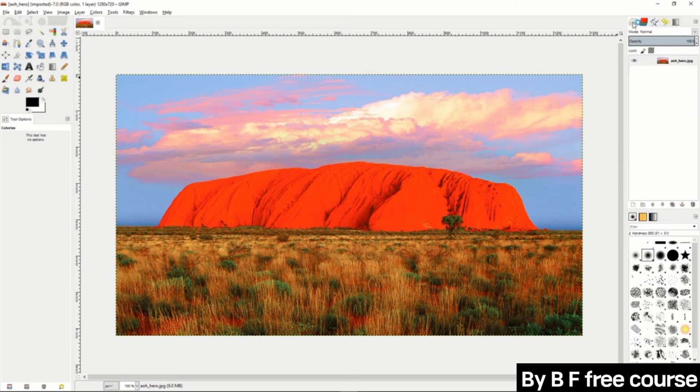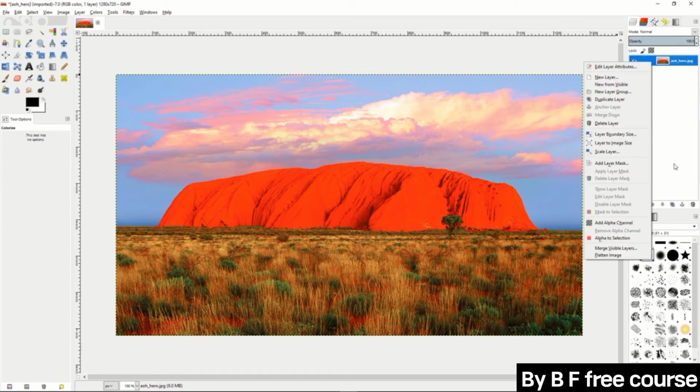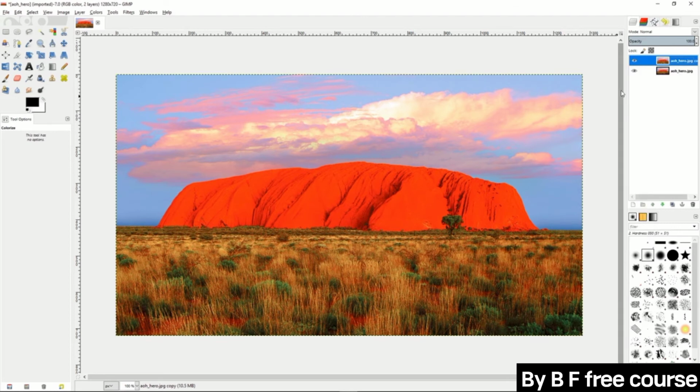So if you go over to the left, you can see we are normally on our layers section here, and we want to create a copy of our original layer, so duplicate layer. And then we want to go over to channels, and you can see what we're going to do here is select our red channel from the rest of our channels here. We want to select all on our image. I'm going to drag the red channel down to the copy down here,